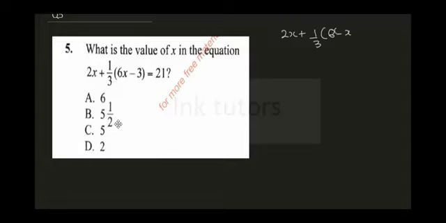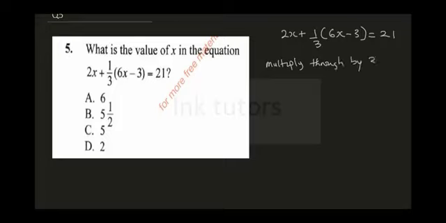Okay, so question 5 says, what is the value of x in the equation? So this is my equation, 2x plus 1 over 3 into 6x minus 3. Sorry, let me clean this place. So this is 6x minus 3 equal to 21. So now the first thing I need to do here is multiply through by 3. So I'm going to multiply through